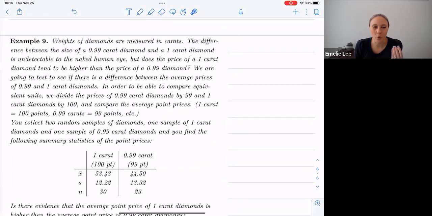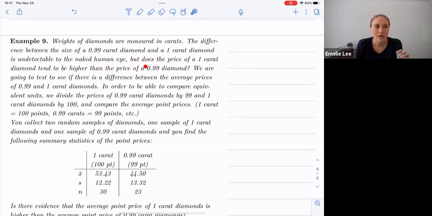So kind of a fun question. It makes you think a little bit. So the weights of diamonds are measured in carats. Okay, so the difference between the size of a 0.99 carat diamond and a 1 carat diamond is undetectable to the naked human eye, right? And so, but does the price of a 1 carat diamond tend to be higher than the price of a